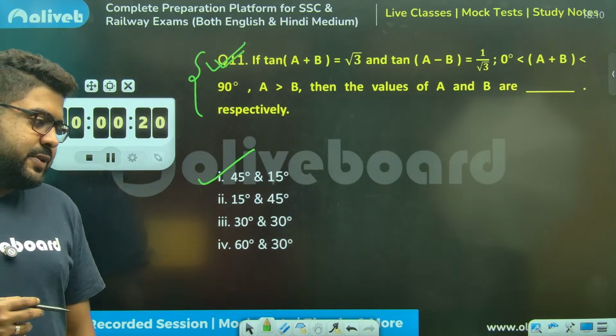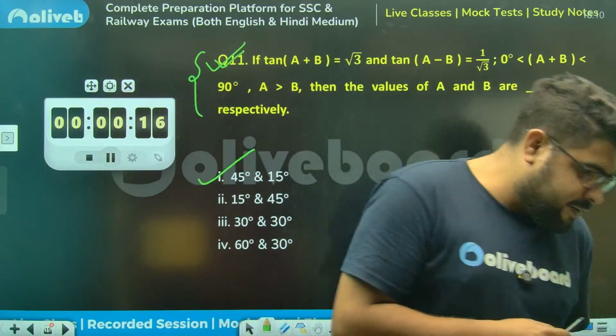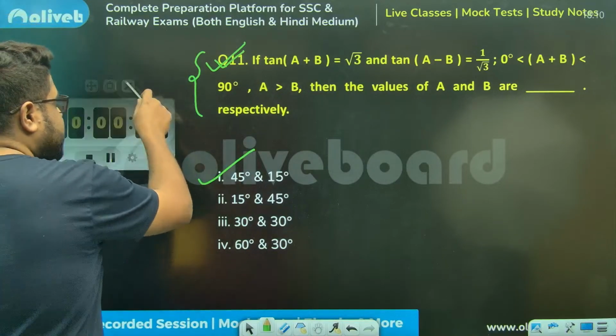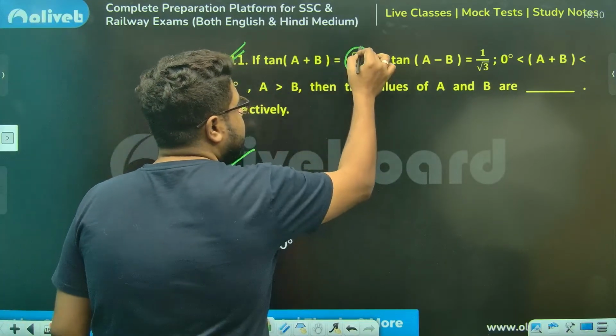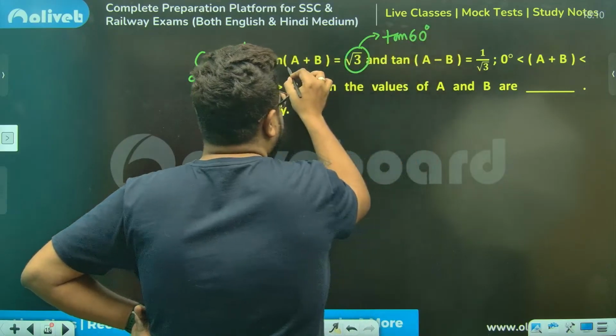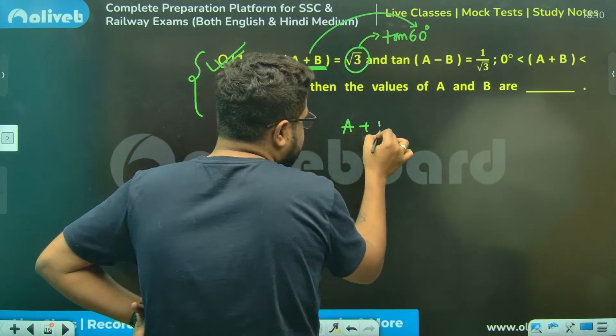Everybody. Now, again, Ritik is saying a very, very good, brother. Very good. Now, why did I say this? Sir, root 3 is equal to tan 60 degrees, meaning A plus B stands for 60 degrees. So my equation,